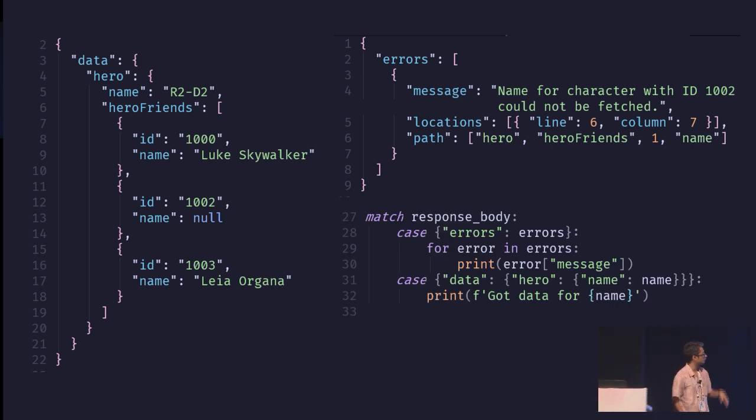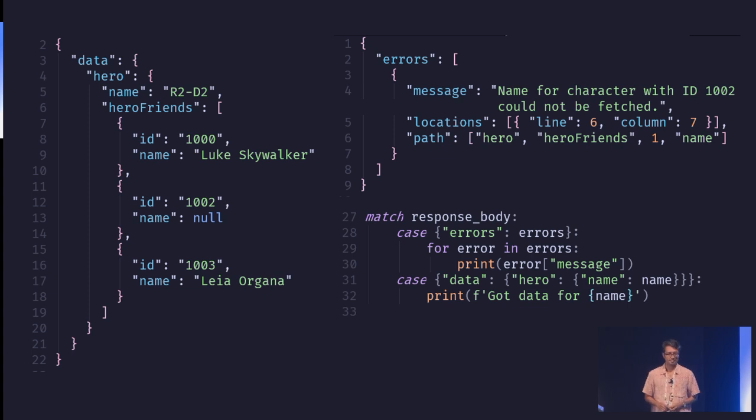Now, if we look at pattern matching, here's what the code will be. So we've got match the response, and we say case, and then is it a dictionary, and does it have the errors key? If it's a dictionary which has the errors key, then execute that block. Not only that, I've put a variable there after the colon, meaning whatever is the value of the errors key, extract that into the errors variable.